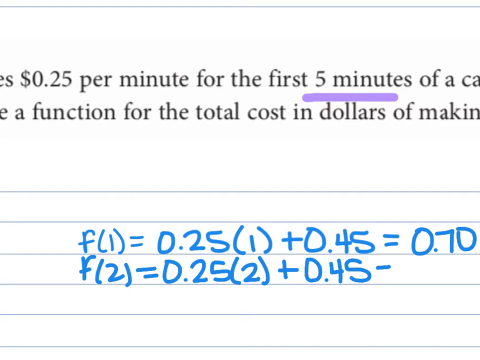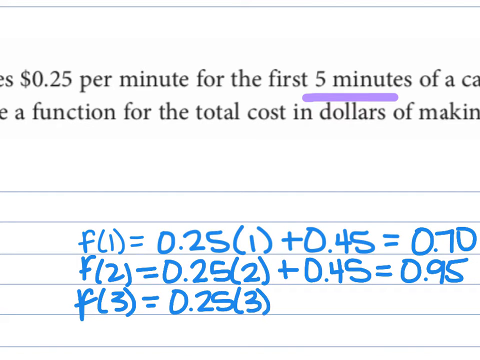It's going to give us 95 cents. f of 3 is going to be 25 cents times 3, so 75 cents plus 45 cents, which is also